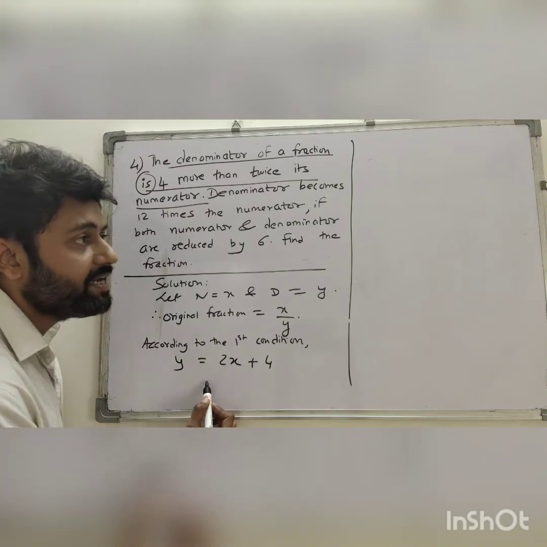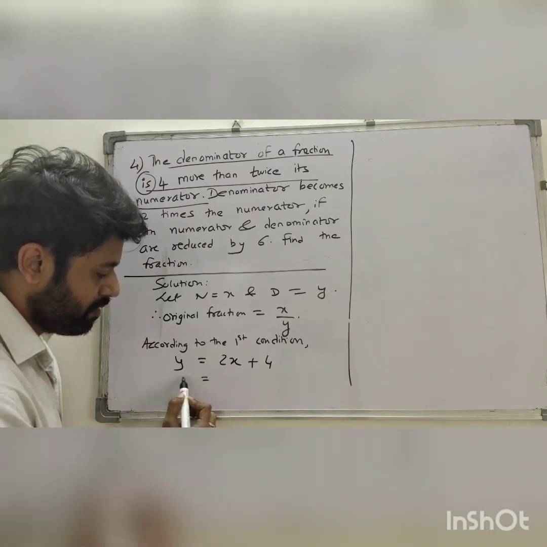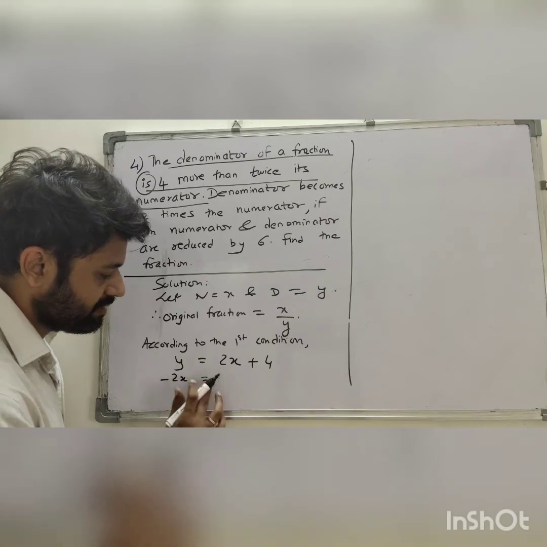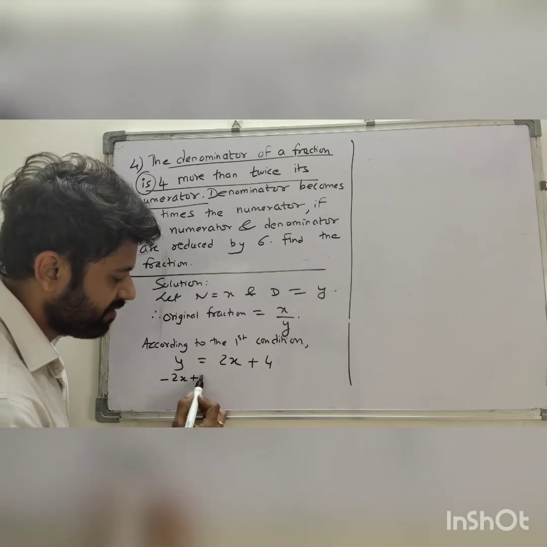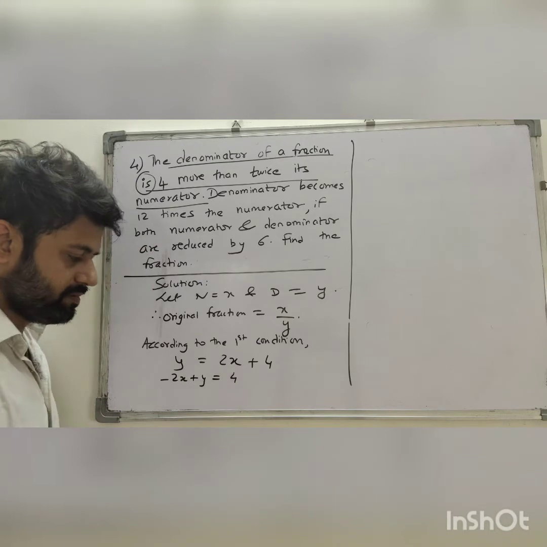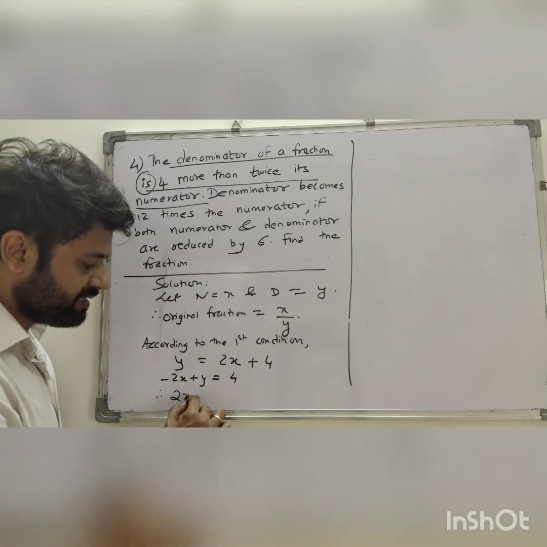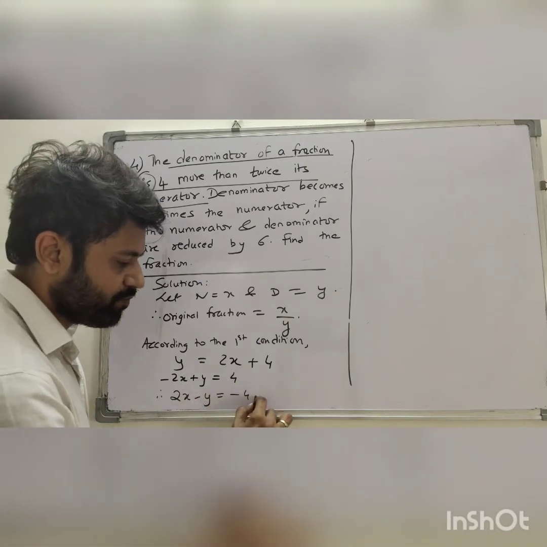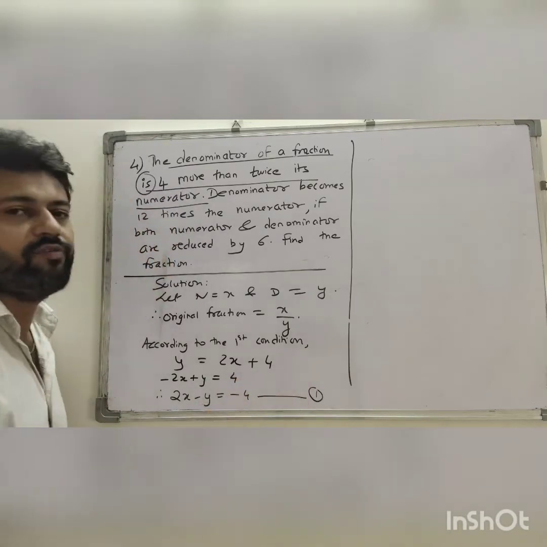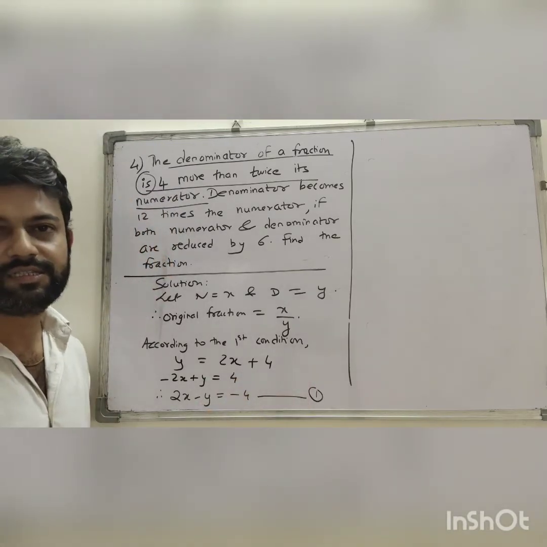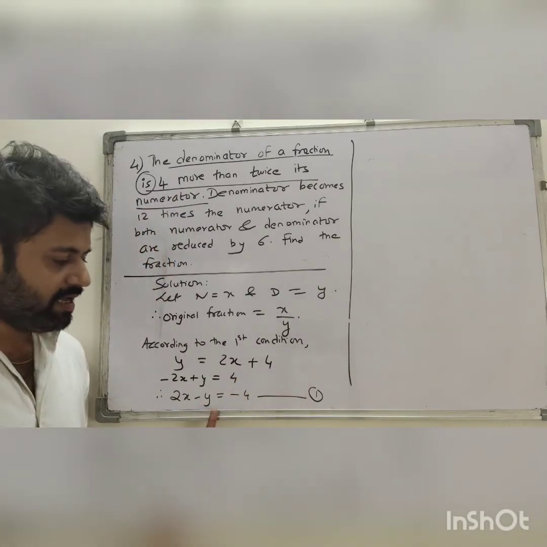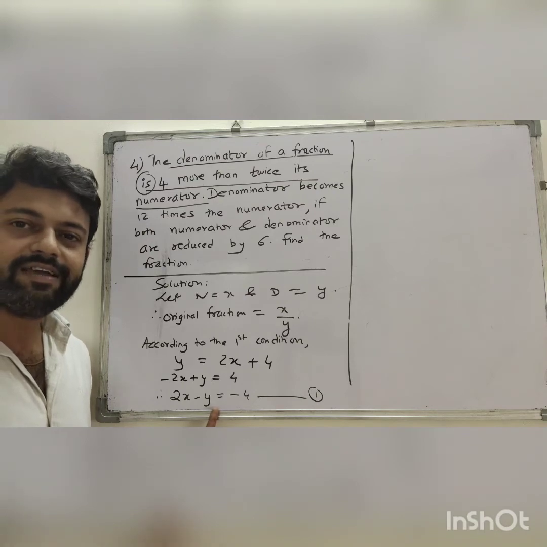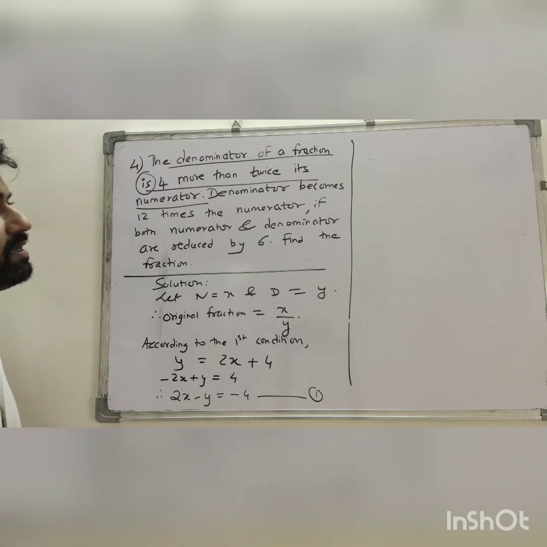Well, I would like to bring it into the form minus 2x plus y is equals to 4. That will give us plus 2x minus y is equals to minus 4, equation number 1. This is how you will get the first equation. Second equation